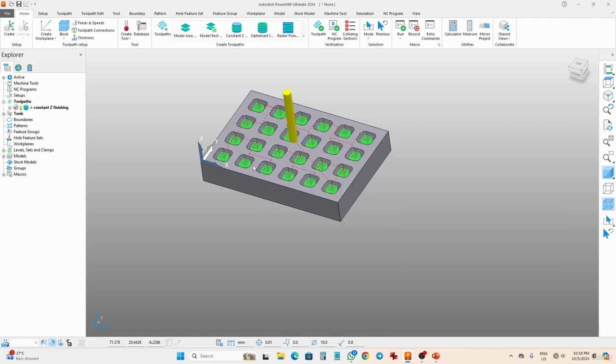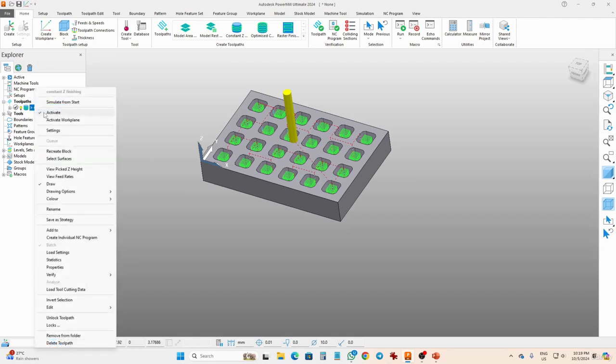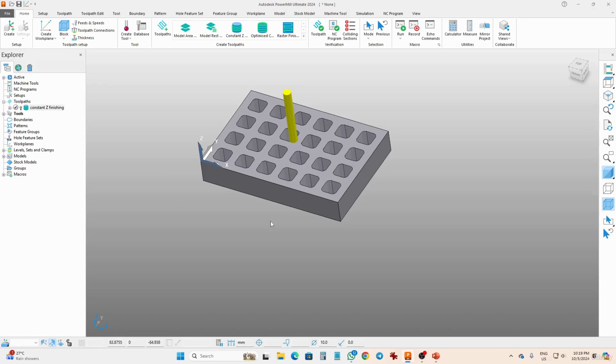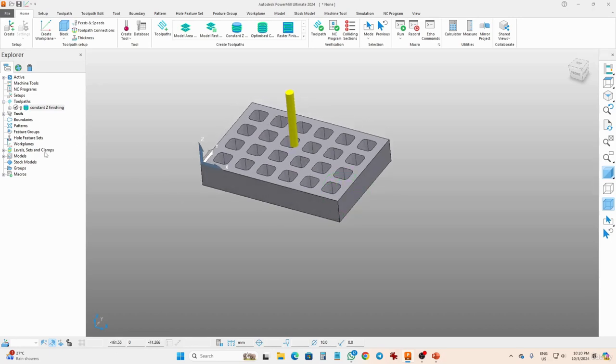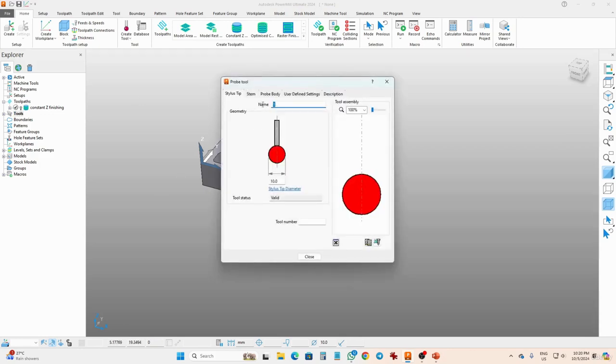Here we have a part which consists of 3D pockets, and we have the length, width, and thickness of that part. So we can go and check this part by applying the probe toolpath strategy. Let's get started. I'm going to hide the toolpath, and now I go and create a tool which is called the probe. I click on inspection probe, and I'll write the probe name as